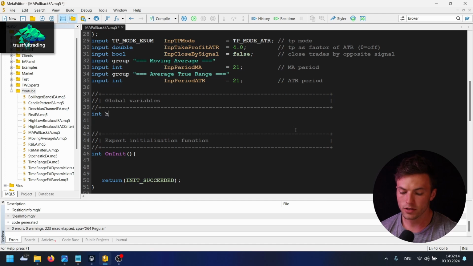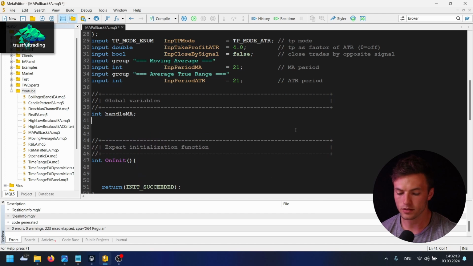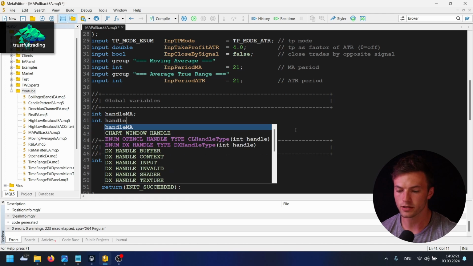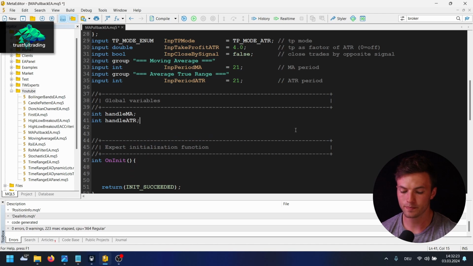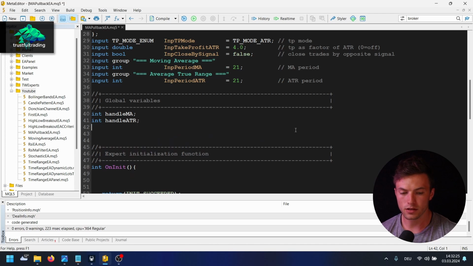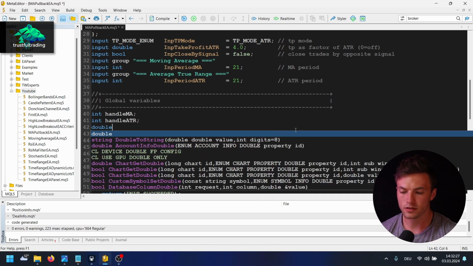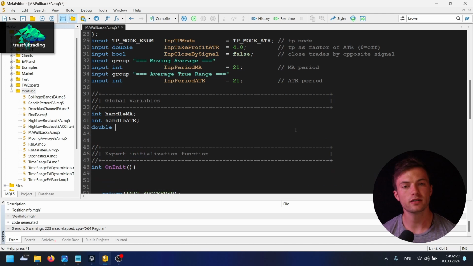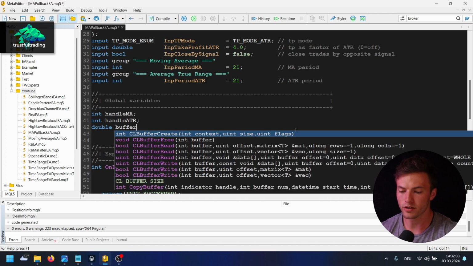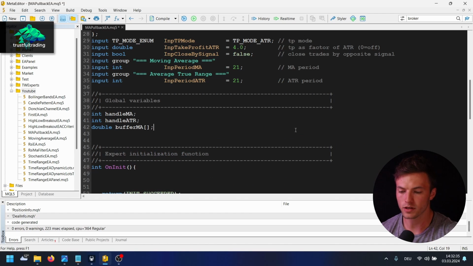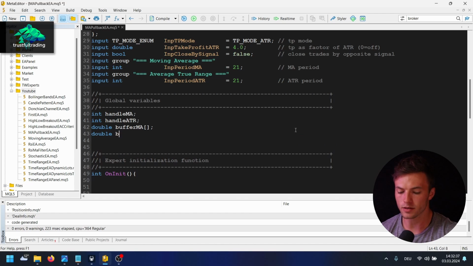So of type integer, handle MA, and of course we need also a handle for the ATR indicator. Next of type double is the buffer for the moving average values. So buffer MA like this, and the same for the ATR